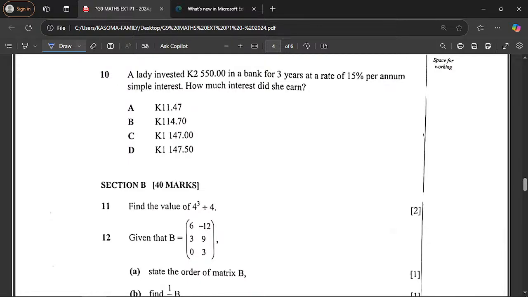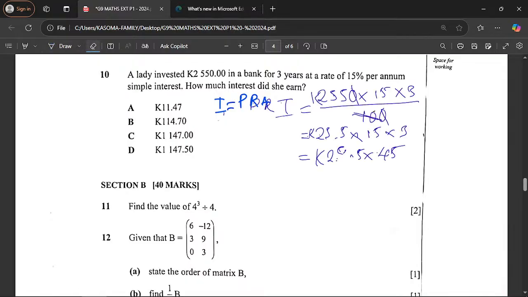So what we need to do is come up with the formula for simple interest, which is I is equal to principal times rate